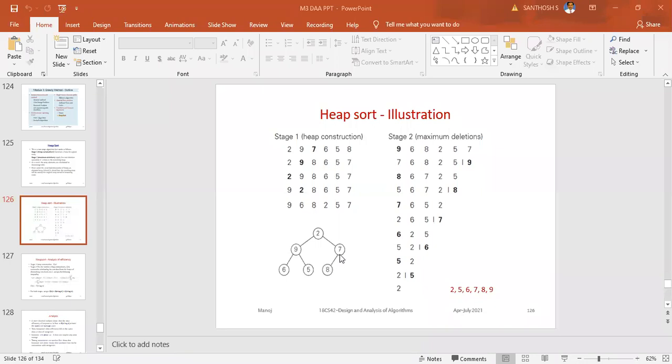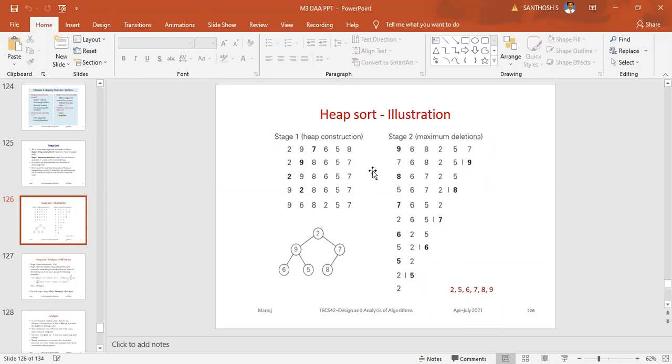At that time you interchange the values: put 8 here and 7 down there. Your array will then look like 2, 9, 8, 6, 5, 7.